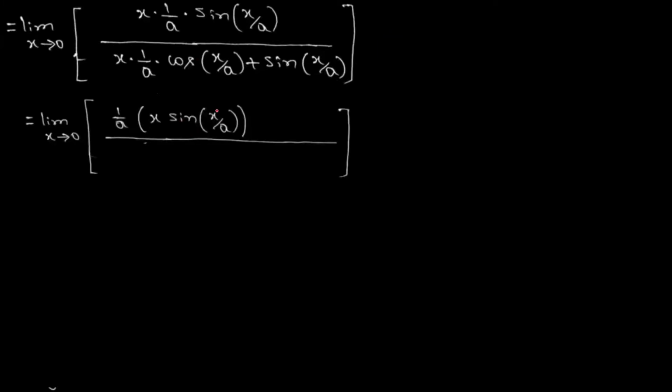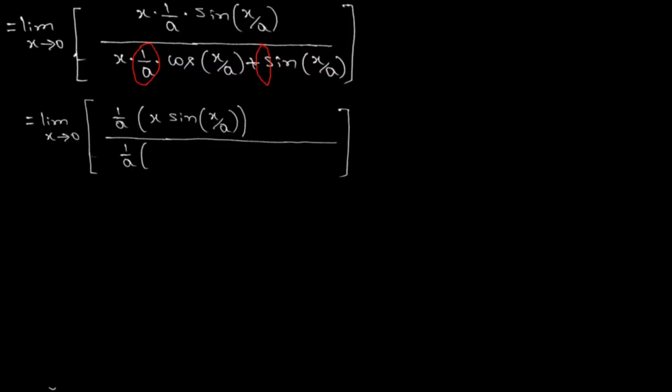Okay, here we are rearranging the terms again. Let us rearrange the terms first. We have written 1 by a outside. We have combined x and sine of x by a here. And from the denominator also, we will plan to take 1 by a as common, so that this 1 by a we can cancel. Let us see. Yes, we have planned to take 1 by a from here and here. Even though 1 by a is not there,